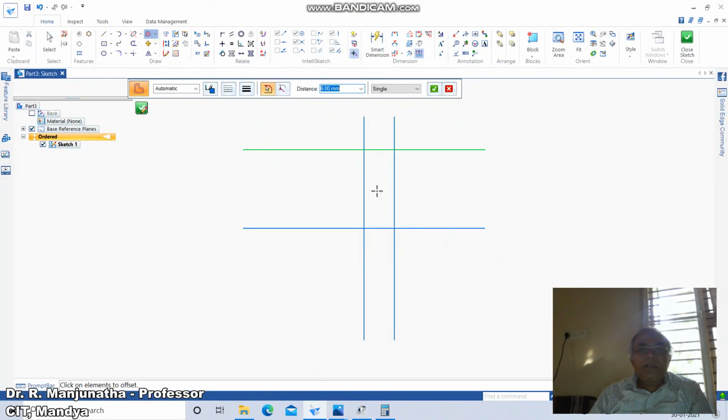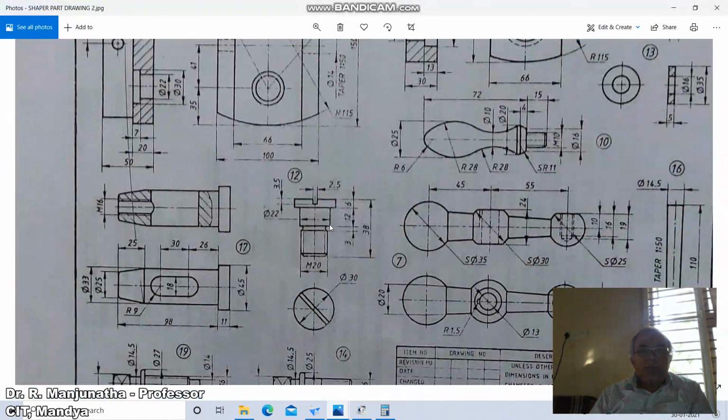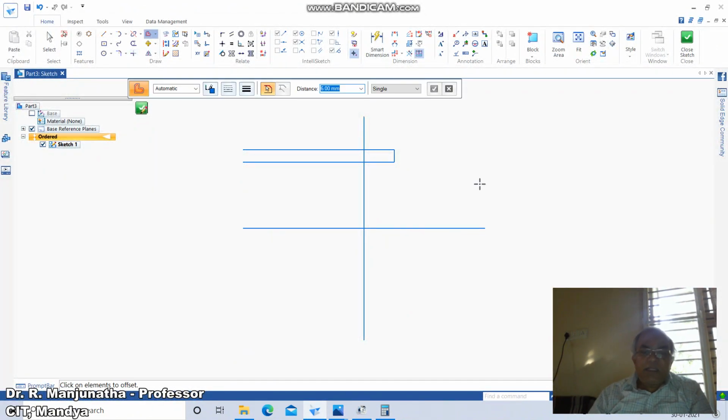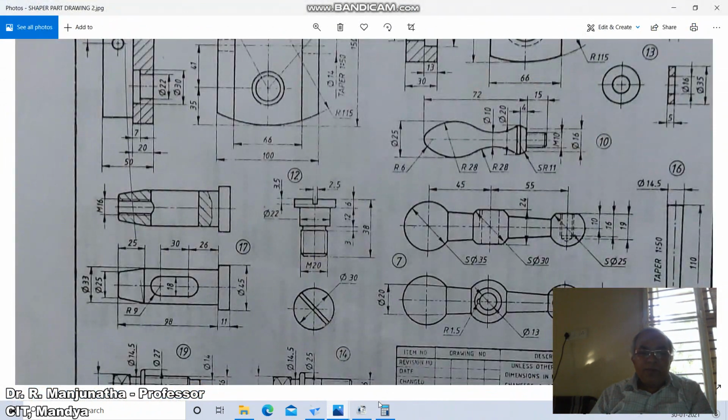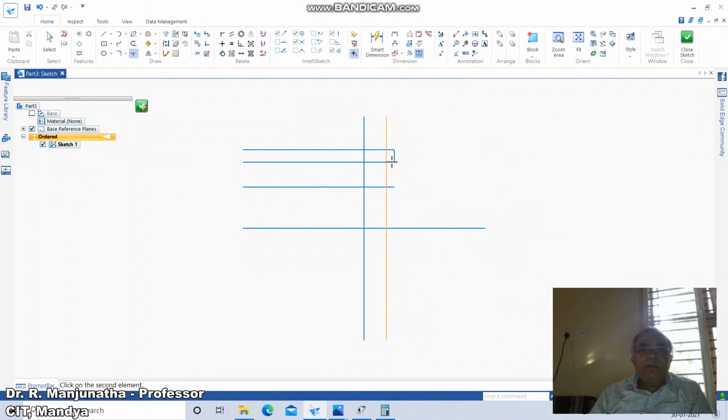So then come down to this. So go to trim corner between these two. Then again you come down to this of diameter 22 to 12. So go to offset, take the distance as 11. So from here you take 11 and then from here it is 12. So to do that, go to offset, take the distance as 12 and then come down to trim corner between this line and this line and between these two.